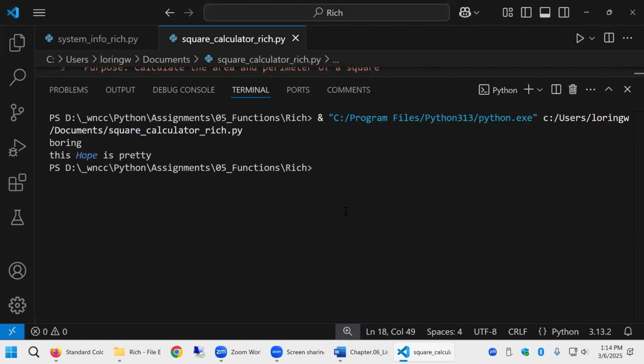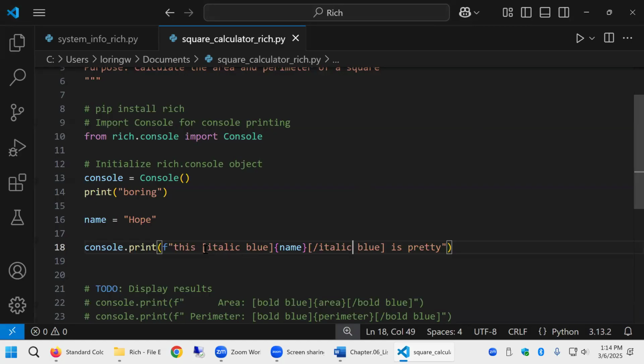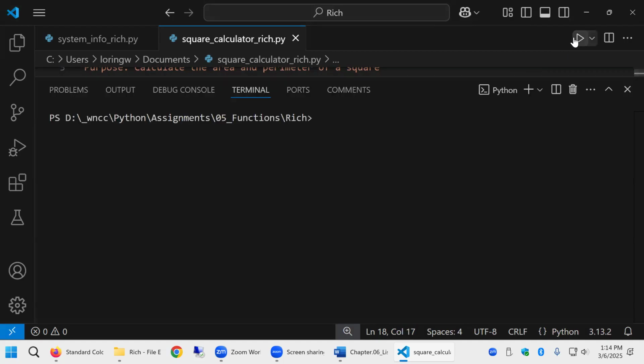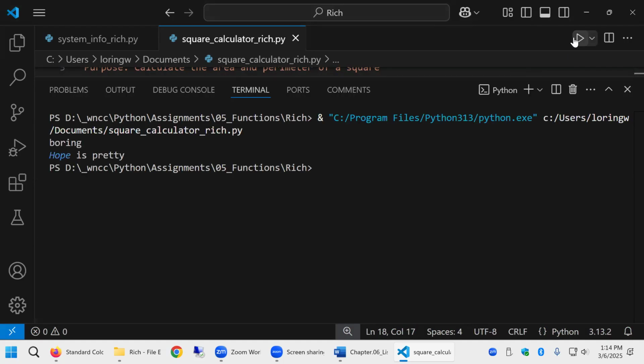There's extensive documentation for this. In Rich, you just have to search for Python Rich and look at the GitHub or the documentation. There's all kinds of things in there. Oh, but really what this should say is, instead of this, "Hope it's pretty," not very good English composition, is it? How about that? "Hope is pretty." That's better English composition. And there we have Rich, fun with Rich. And so, yes, if you feel like using Rich on any assignment you're doing, go right